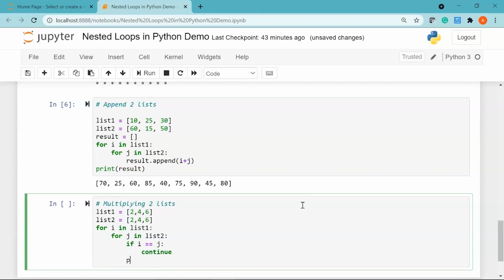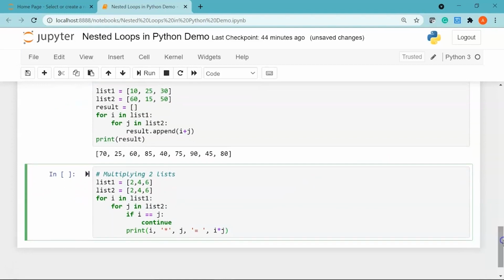After that, we are going to print the value of i followed by the asterisk, then the value of j. I'll give a comma, then within single quotes I'll say equal to, then I'll give the operation i multiplied by j.